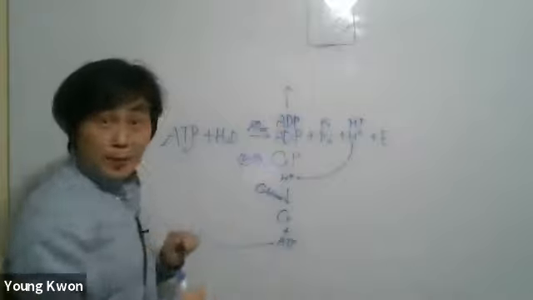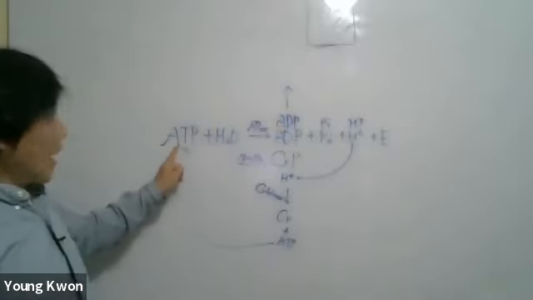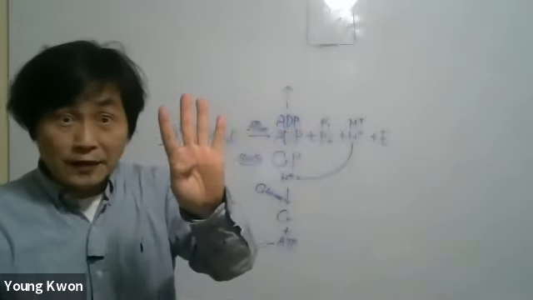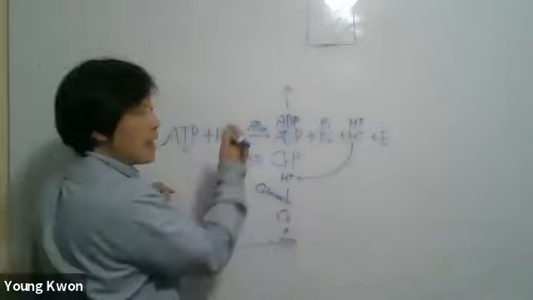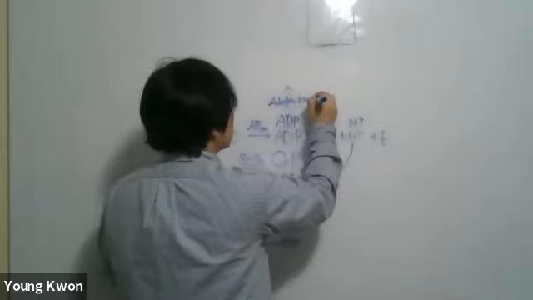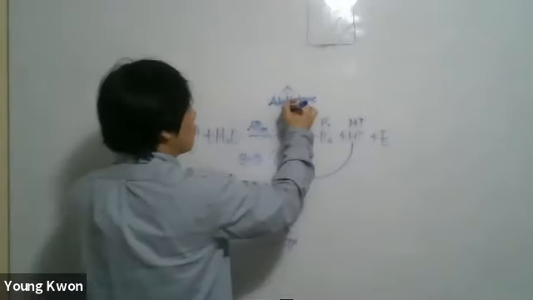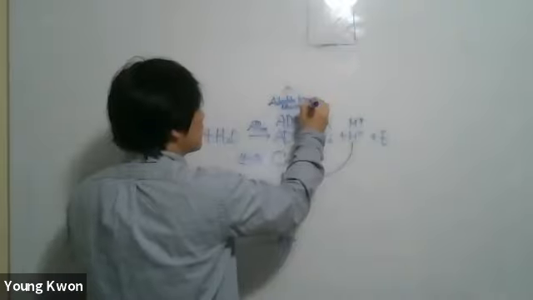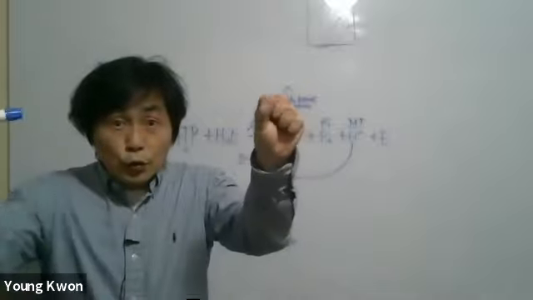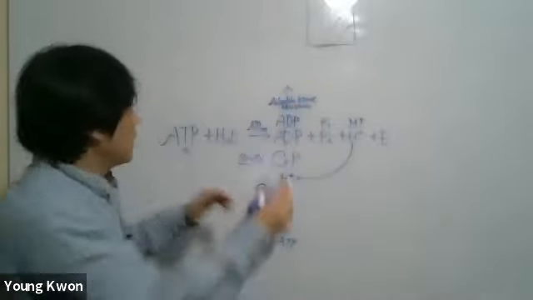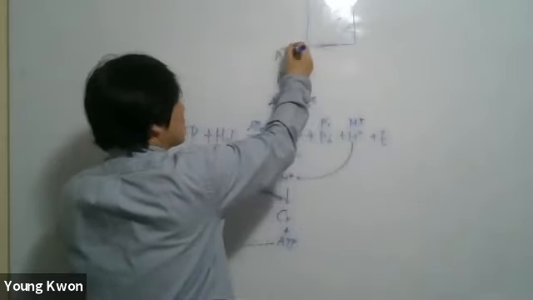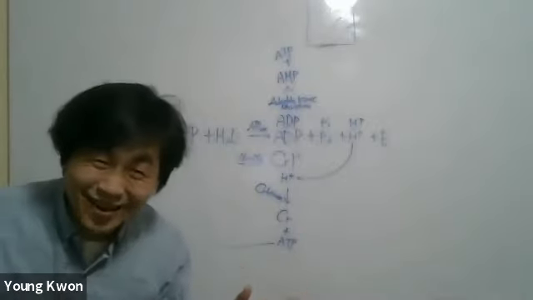So using 2 ADP, but we want ATP, right? ATP is 3-phosphate. 2 ADP means 4-phosphate, right? Oh my God, how smart. The enzyme name is adenylate kinase, or sometimes called myokinase. If this is too small, you can see my PowerPoint, right? This enzyme uses 2 ADP and combines them together and makes 1 AMP and 1 ATP. It's smart.